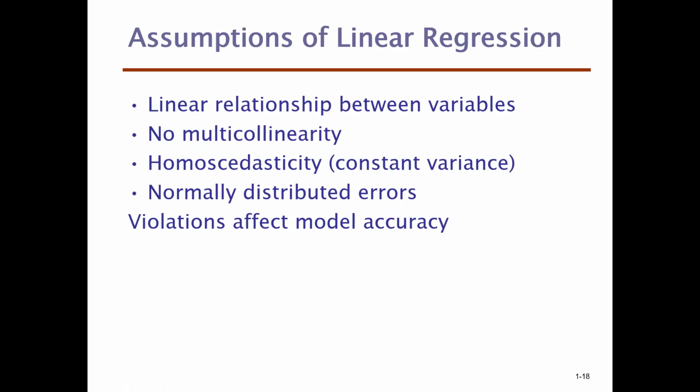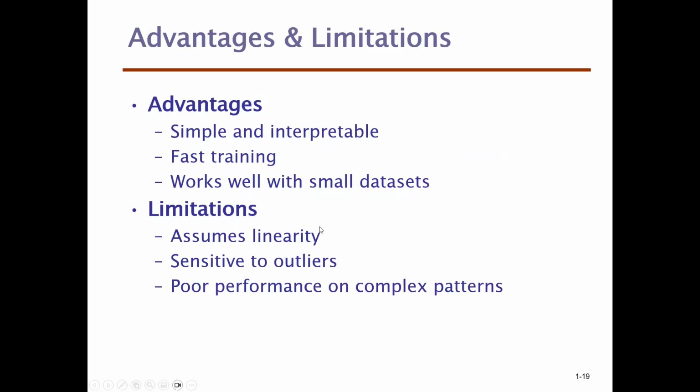So I just wanted to mention the concepts here because of normality. Violating these three or four assumptions can affect the model accuracy. Also, here we are doing linear, so a linear relationship. Logistic regression is non-linear. Now, advantages and limitations. The advantages, which we mentioned earlier: simple, interpretable. It's more than 100 years old, and we use it a lot in statistics. Also, as we saw, fast training: just the function, the coefficient and intercept, the parameters, are determined, and it works well with